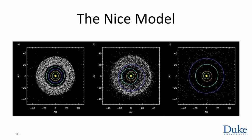So here's a graphic representation. We start out with the four giants. Note that light blue Uranus is farther out than dark blue Neptune, and then Jupiter and Saturn are inside them. After a few hundred million years, just before the resonance, the orbits have shifted. They're a little bit more eccentric. Neptune and Uranus have exchanged places, and Neptune is starting to plow through this disk of planetesimals,